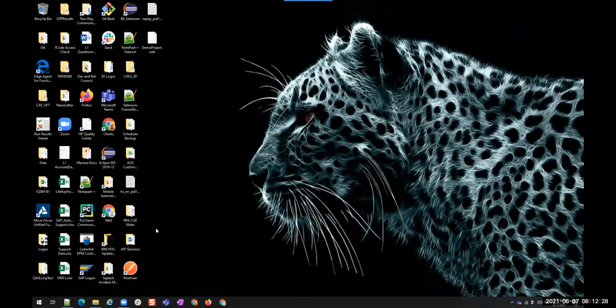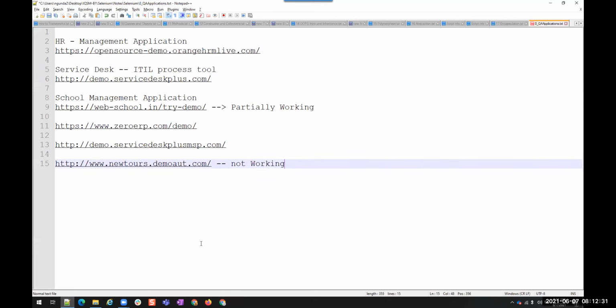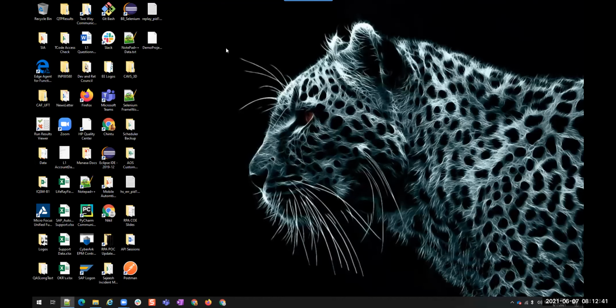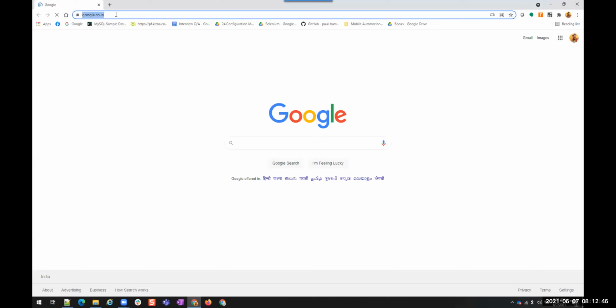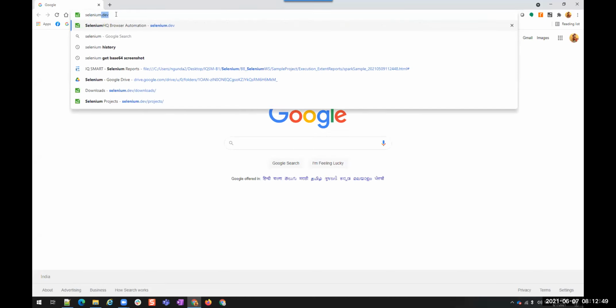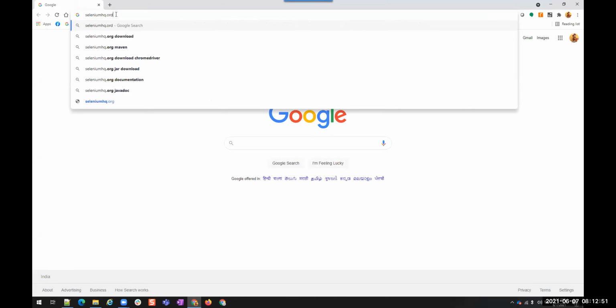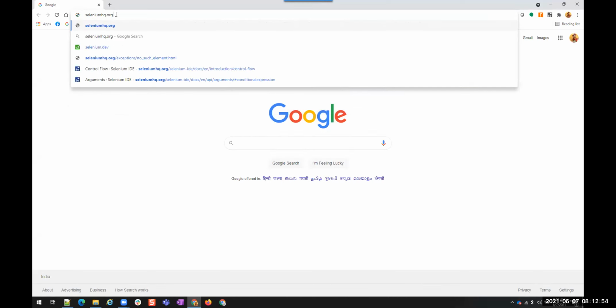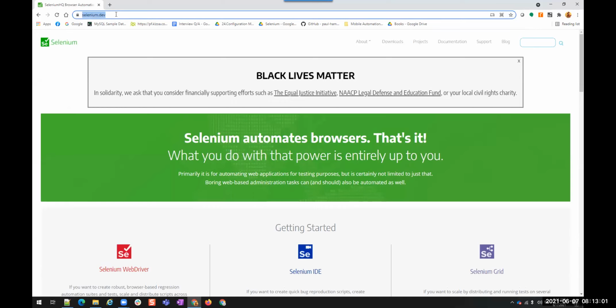All right. So now let us go into our next tool. Selenium IDE is done. Let us go into Selenium WebDriver. To use Selenium WebDriver, what are the things that we need? Selenium HQ.org. This will again take me to selenium.dev. You see, I typed SeleniumHQ.org, and it automatically redirected to selenium.dev. Okay, fine.